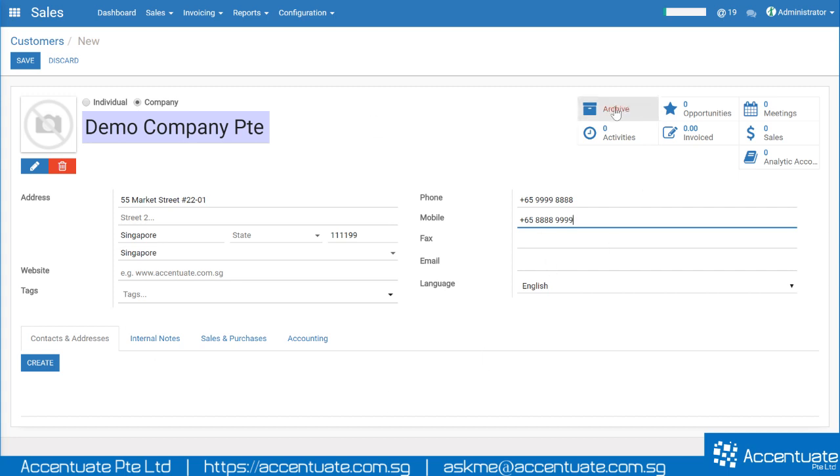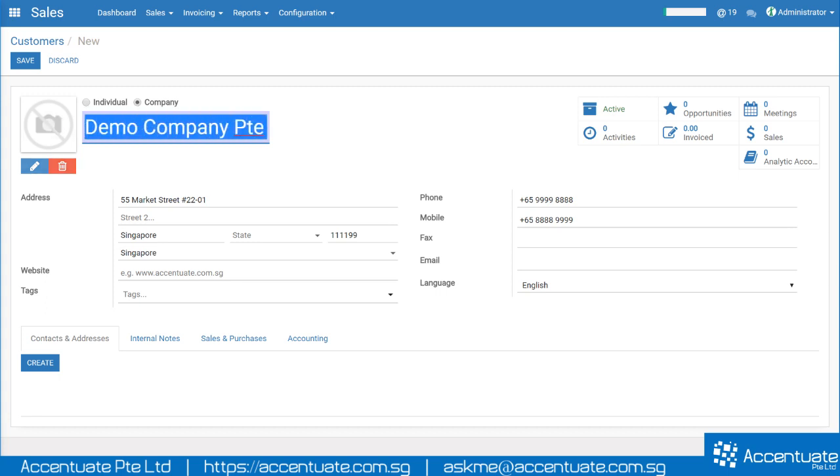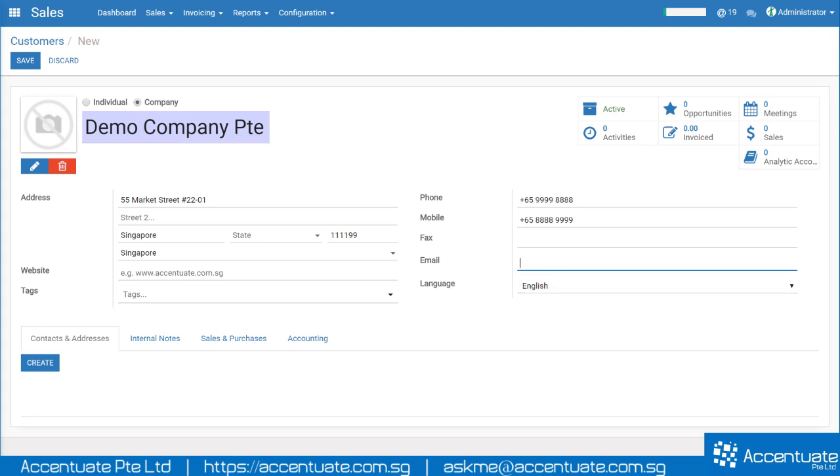Now the more information you key in, the better it is, and I highly encourage you to key in the email address of the company as well. Now in this email address over here, although you are creating for the company will always have a generic email address. Let's say for example enquiry@democompany.com.sg, but chances are if you are working with the purchaser of the company, emails will be sent to the purchaser. So you might want to have the purchaser email over here, or whoever that you are in contact with, the email over here. So let's say for example